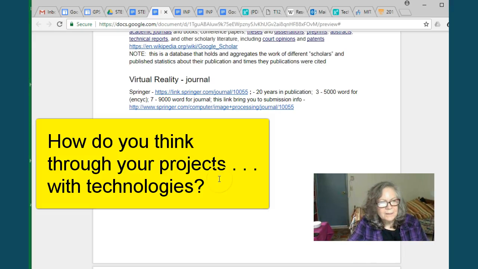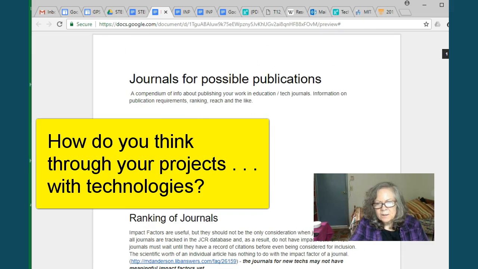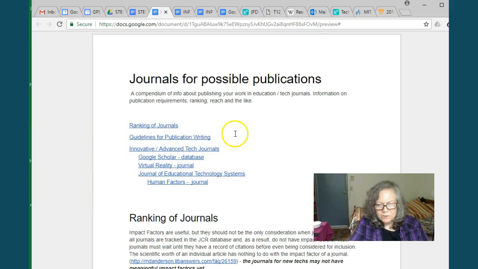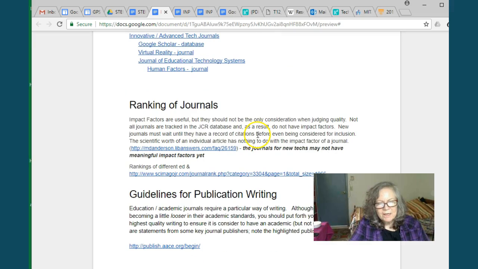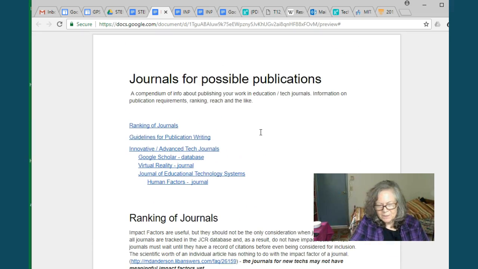I'm working on setting up some activities, and one of the things I'm trying to do is find and share information on publications, because we have an institute that's starting and we need to find better ways to publish. And as I put down what I know and learn more, I'm putting these into documents. This happens to be a Google Doc because I've really been enjoying what I can do with Google Doc, and